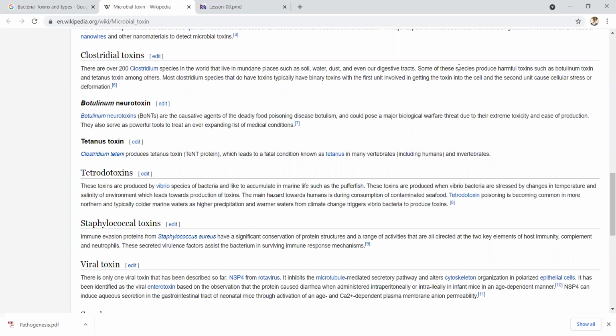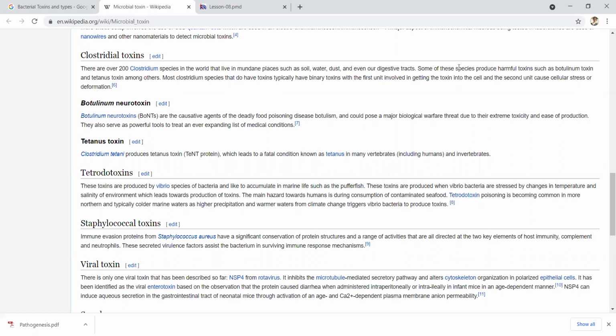Tetanus is a very common bacterial infection that we hear about, and mostly we go for taking that tetanus injection whenever we have a cut or injury, fearing to get tetanus. So why do we fear tetanus? Because tetanus toxin is very dangerous, and it affects the nerve cells of the body. It affects the neurons. This is caused by a bacteria called Clostridium tetani, which produces the tetanus toxin,